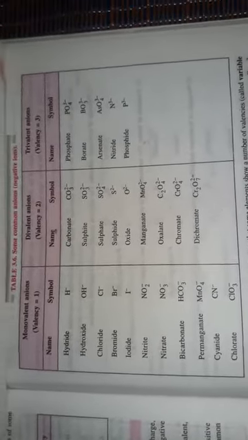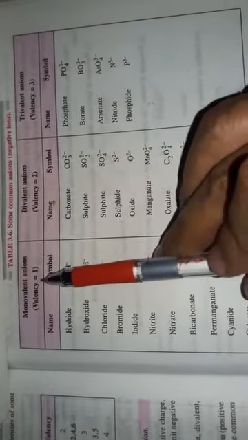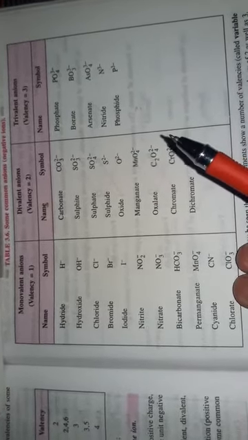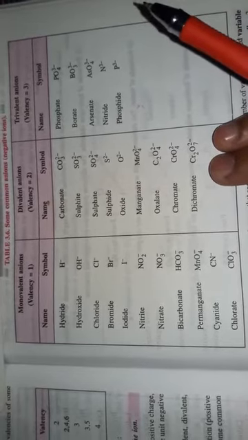Next, some common examples for anions. Anions means negative ions. Here are examples of monovalent anions, divalent anions, and trivalent anions. All of these are present with negative charges, not positive. So monovalent has valency 1, divalent has valency 2, and trivalent has valency 3. That means these elements are represented with valency 1 in the case of anions, similarly valency 2 for these anions, and valency 3 for these anions.